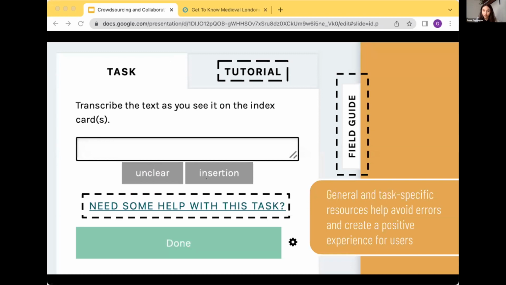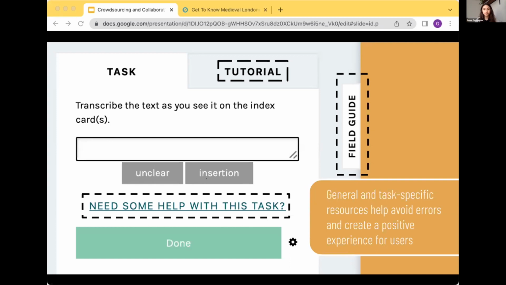A very important element of that invitation is making sure that participants have a very positive experience when they're engaging with a project, especially if they have no experience doing medieval history before. This really helps you attract and retain the volunteers that are essential for your success in the project. Curating this positive experience means using inclusive and accessible language on your project website. It means ensuring easy navigation, and most importantly, anticipating the errors that users are going to encounter when they're working